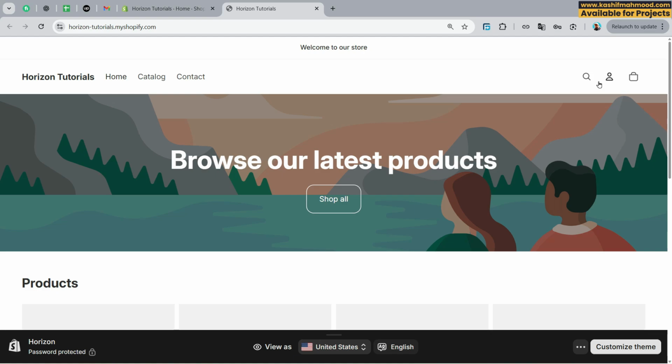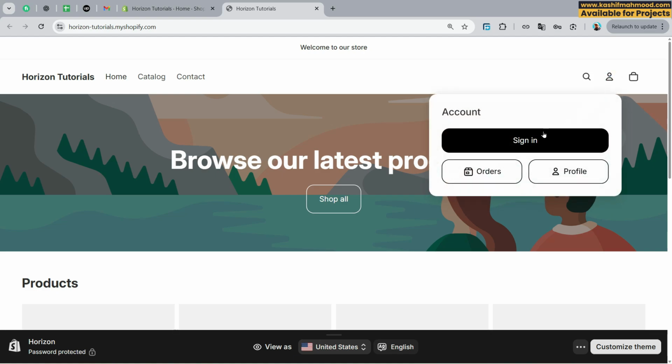For example, when we click on the my account icon over here, we see sign in, orders and profile. So a user can sign in if they want, and they will be able to see the orders that they have placed, and also they can edit their profile. But if you want to remove this feature and the icon from the Horizon theme, then you will have to